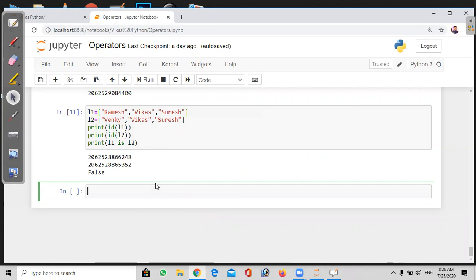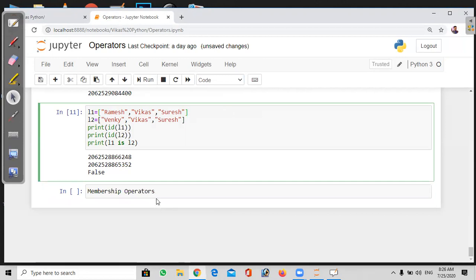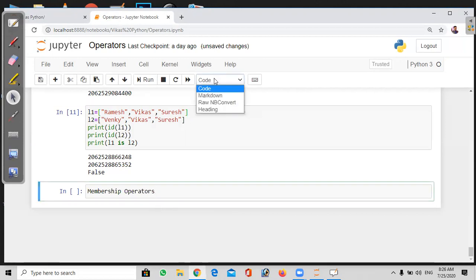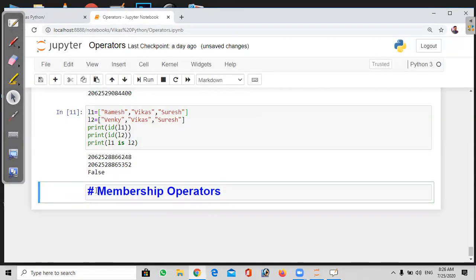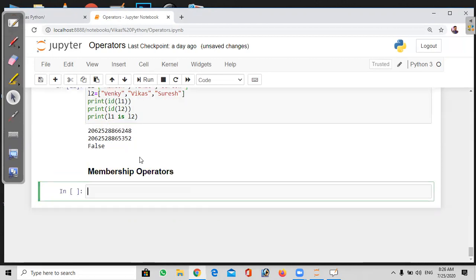We have membership operators. Membership operators mean identifying whether a particular element is present in the list or not.